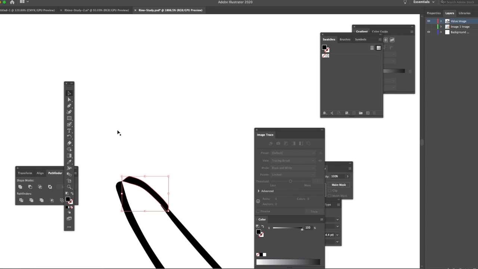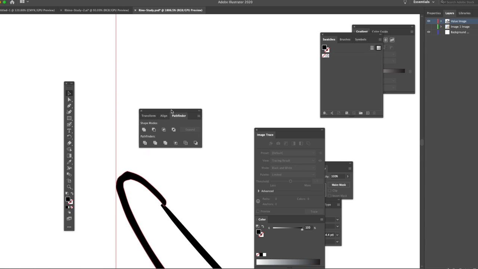There we go. Now when I grab my blob brush tool, I can add to that point, and you'll see that's what I've got. Now I can also come here and select, I think it still had the white there, so I'm going to select these two pieces, this piece and this piece, and join them together with my Pathfinder. So now they're together. That means I can select this piece